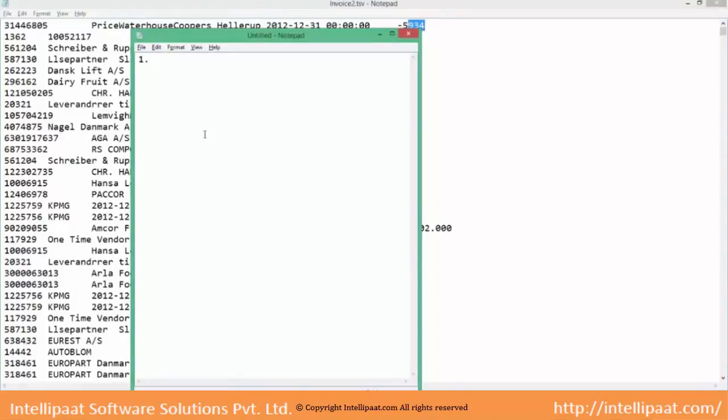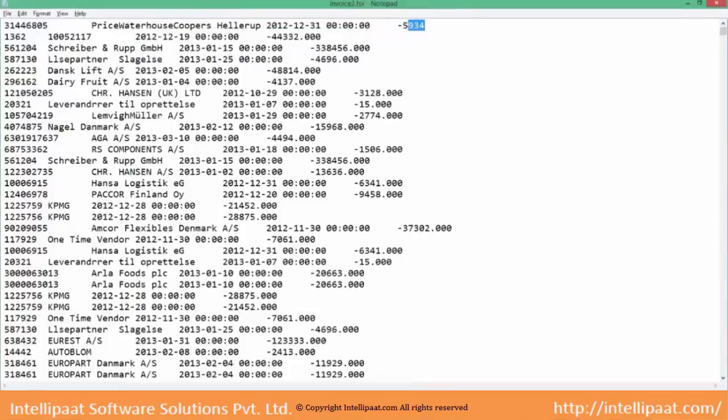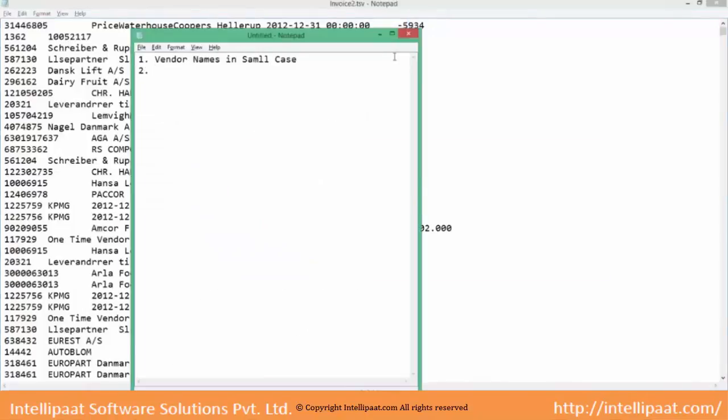So he wants to store all of the vendor names in small case. Okay. Second thing, you want to apply an exchange rate.